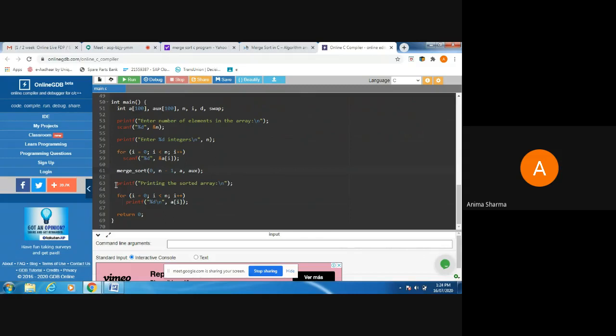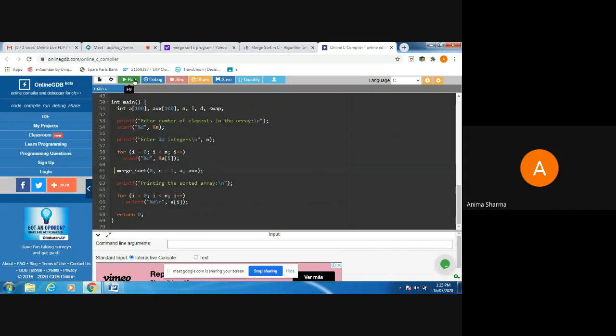Now when merge sort is called recursively, it will sort the arrays by dividing them into two subparts. Then again all subparts are divided into further subparts, and recursively they will sort themselves as mentioned in the function declared above. And then finally, we have to print them after combining them. So in step number 65, we are opening a loop from i equals 0 to less than n, and printing all the elements of array A. So this program is finished.